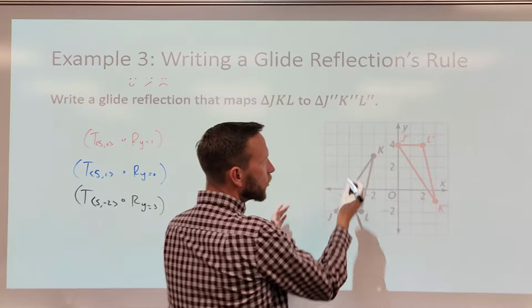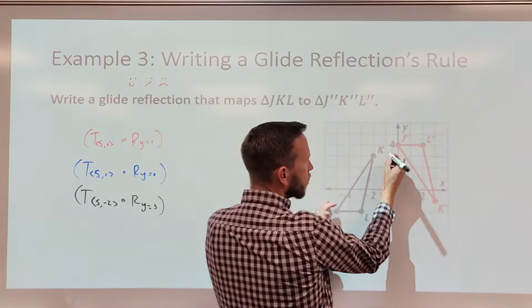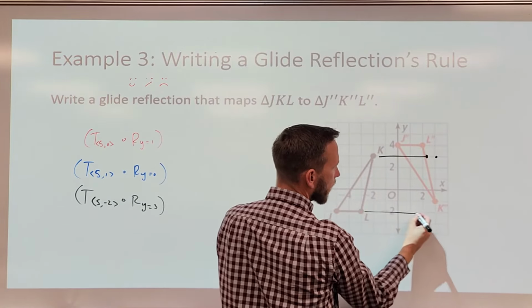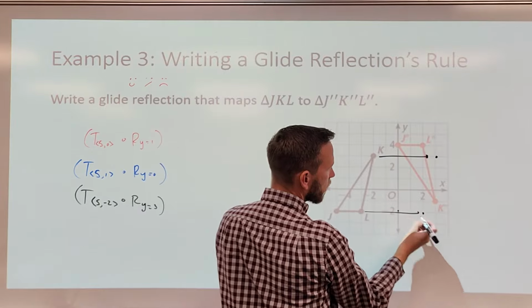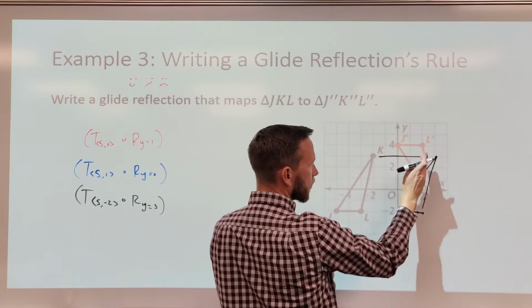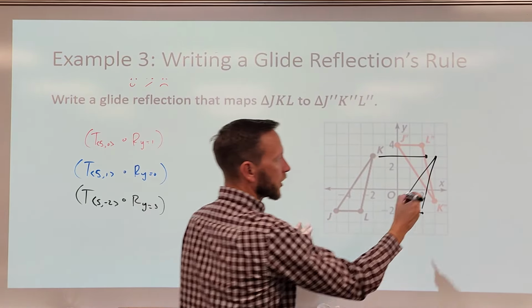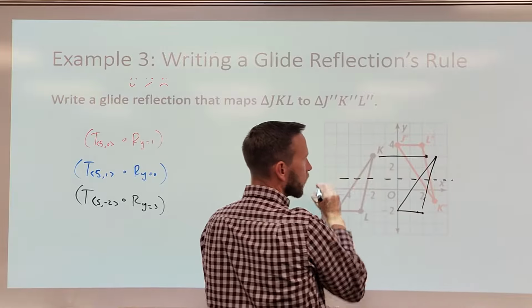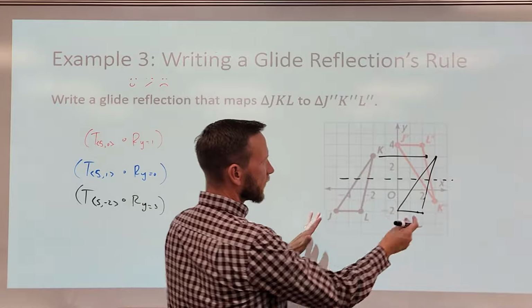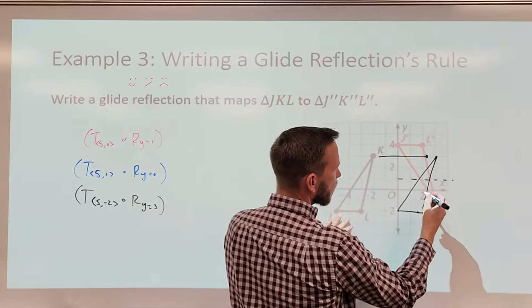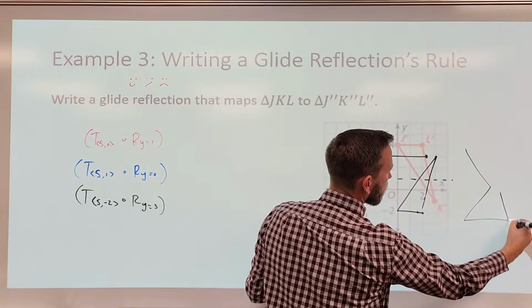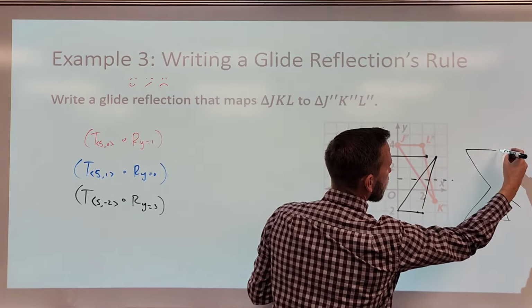Maybe you want to move it forward first. And so you want the K to line up with the K, so you're going to bring it over this many spaces, and then you can decide how you want to reflect from there. If you do it that way, then you are going to have to reflect it perfectly over really where that line of reflection is. You can see, if this were a figure that wasn't overlapping on itself, if we envision this as kind of this bow tie looking thing,